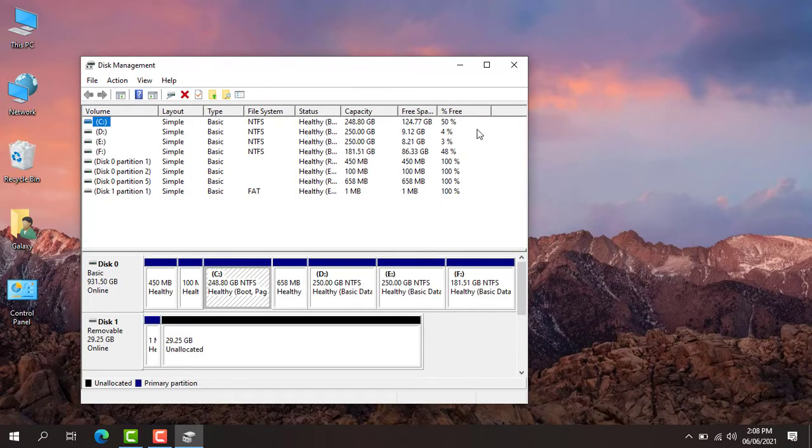Now a Disk Management window will open like this. Here you will have to find and select the partition which has more free space available on it. As you can see here, in my case the F drive has more free space, so I select it by clicking on it. After that, right click on the selected drive, then click on Shrink Volume.